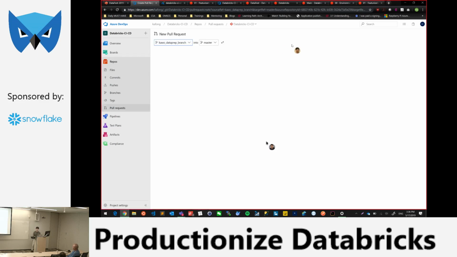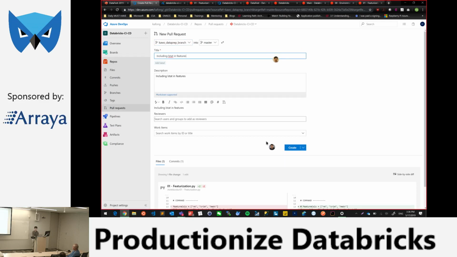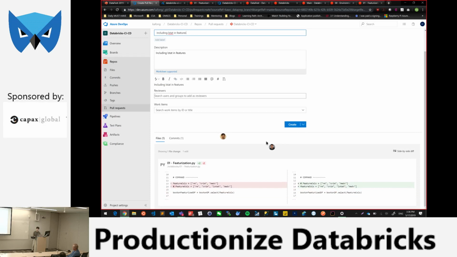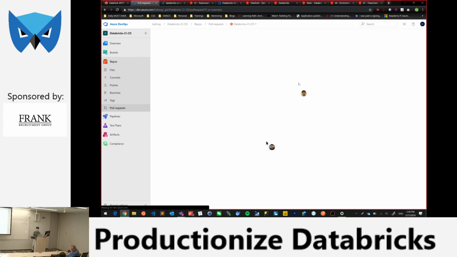So here's a handy dandy header to tell you that a change has been made in my branch. Do you want to create a pull request? So now I'm onto the UI for creating a pull request. You can modify your title, you can modify the descriptions, you can add some users as reviewers for your pull request, and you can attach any work items that you have on your Azure board. And here we can see the actual change that is made. So again, we are just uncommenting the second line and commenting the first line. So now if I click create,